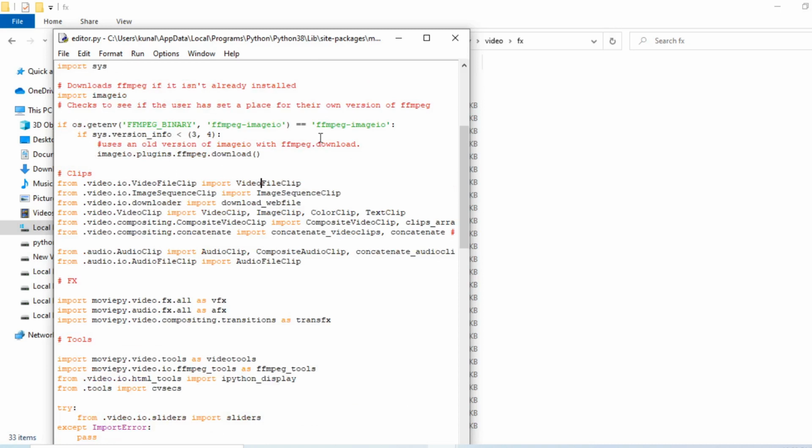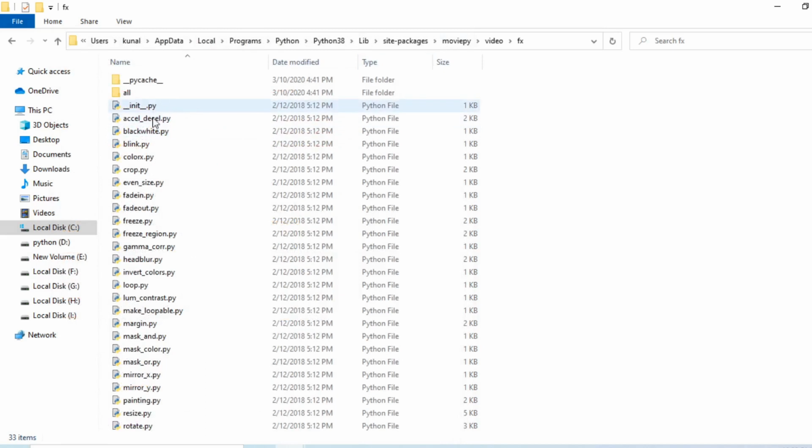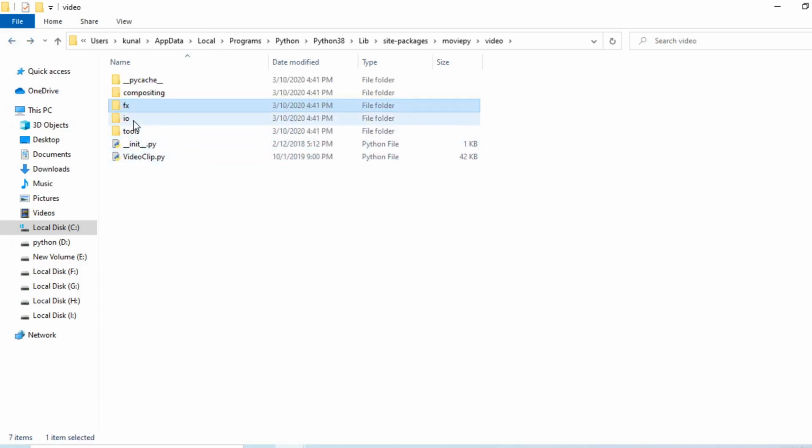Most of the time what we need is from moviepy.editor import everything with a star. When I saw the documentation it was very confusing and not up to the mark. So what I found convenient is directly exploring all these folders.